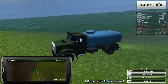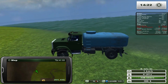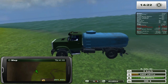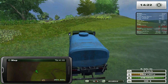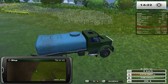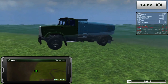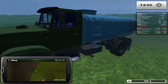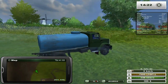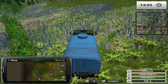This is the one problem with this. The actual trigger point here is super, it's like right in the black. You really have to go into the water. There it is. I'm gonna put this in a group. I really haven't put this in a group yet. Oh, that fills up a lot faster. Yeah, unfortunately that's the one downside. The trigger's not somewhere in a better place. Maybe it's this right over here. I think that's the exhaust though. I'm not sure exactly where it is, but